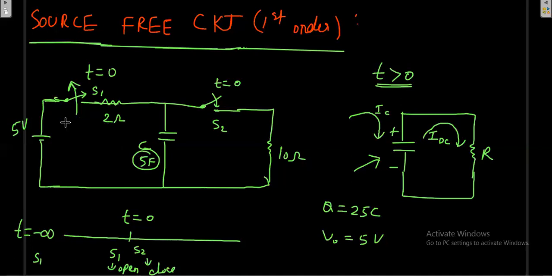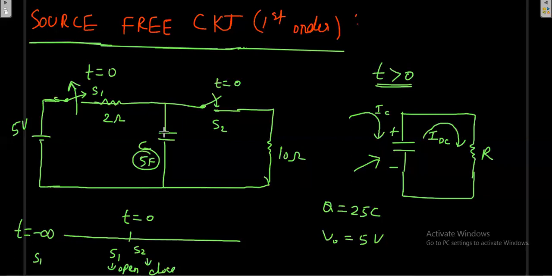From minus infinity up to the current time, this voltage is charging this capacitor. Now this capacitor would have got the maximum voltage, that is 5 volt. What would be the capacitor voltage just before the switching operation? Definitely 5 volt only, because this circuit would have attained steady state long before, and is still in steady state just before the switching operation. Then at exactly t equals 0, we disconnect the source and connect this resistance.